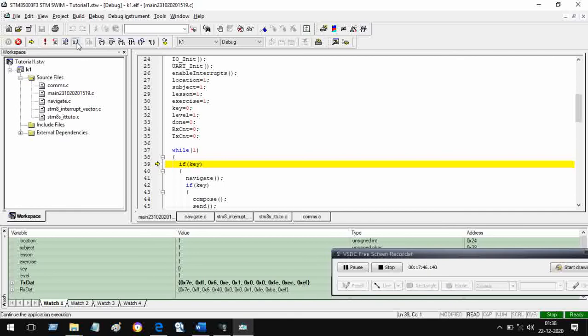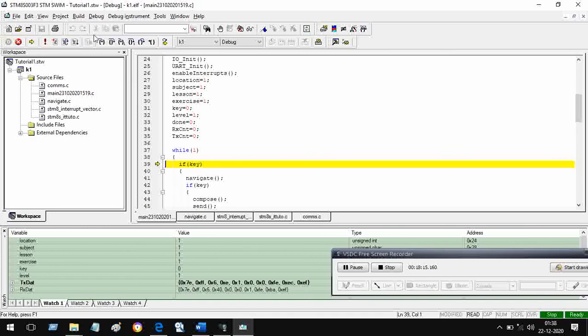So this is what we wanted to do. We want to send the commands. The 4 commands are for navigation, and 3 keys provide the volume control and the pause and play. So we have seen that it is generated.